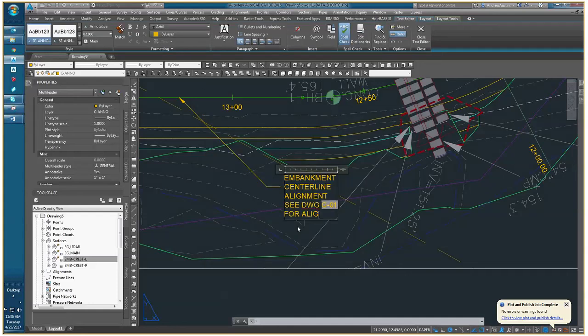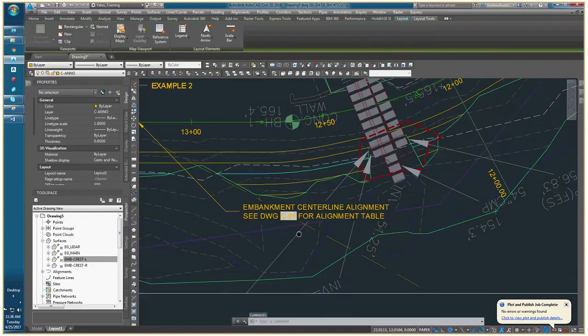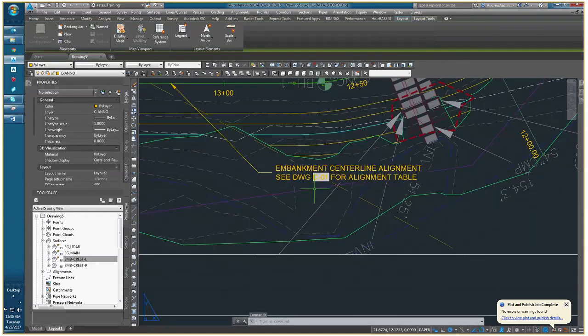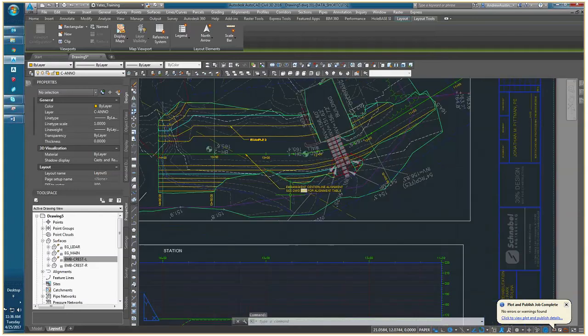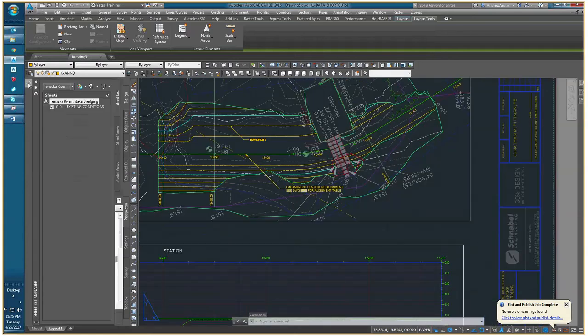For alignment table. Okay? And I'll expand this out so it looks like a cleaner callout. All right, embankment centerline alignment, CO1 for alignment table. All right? And if I were to open up that sheet set,